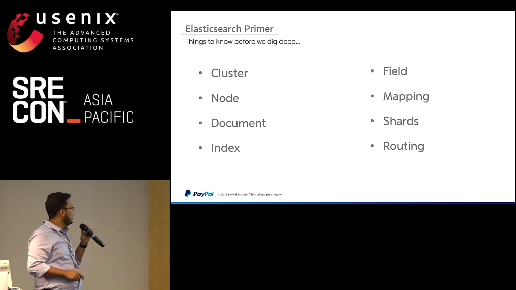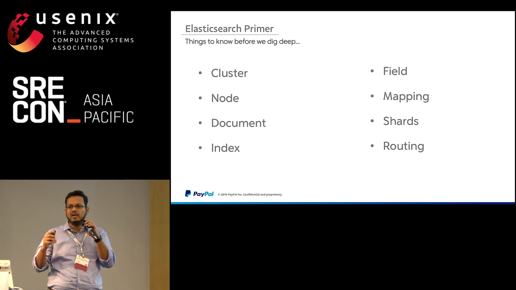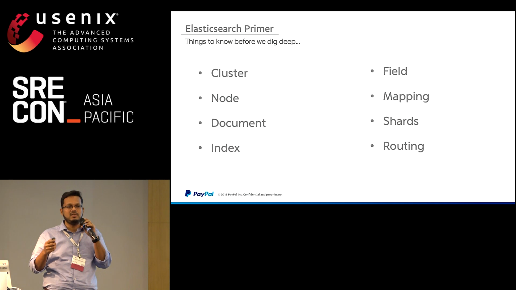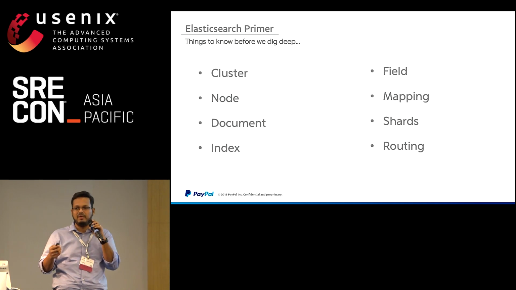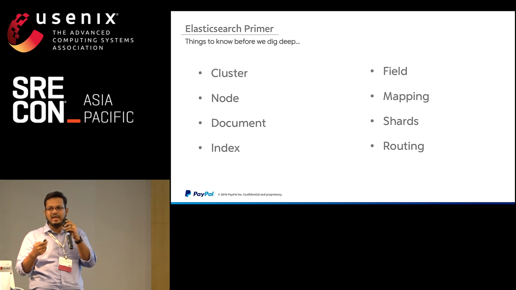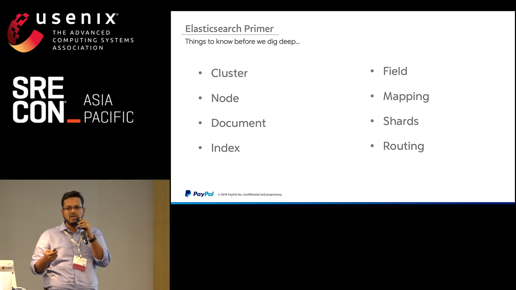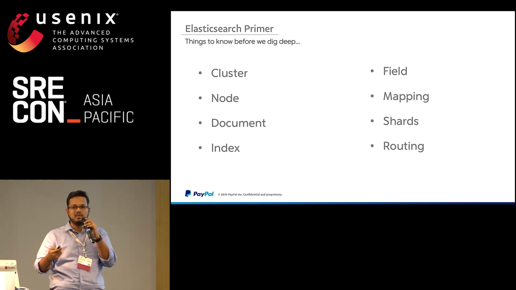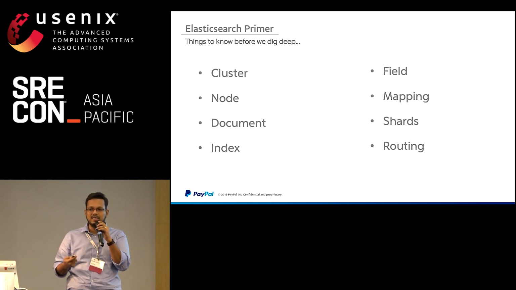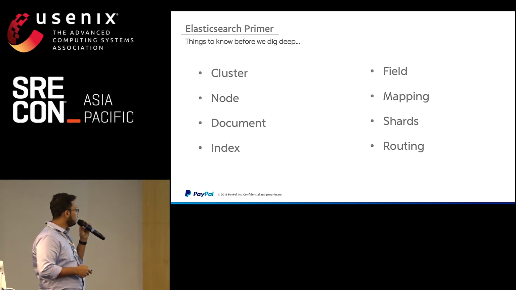Then we move on to something called a document. A document is nothing but a JSON structure. You can put anything in there. It also supports nested objects. Elasticsearch, like I said, will infer types for it. You don't have to explicitly say, hey, consider this log line as a string, and consider this as the timestamp. Elastic will automatically infer it. While for production use cases, you might want to define this before you start ingesting data, so you can make a little more sense of what you ingest.